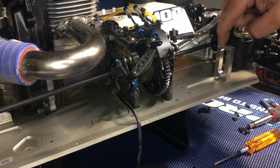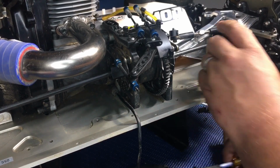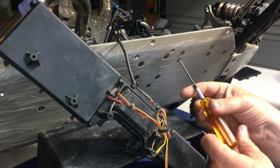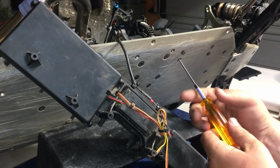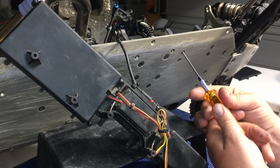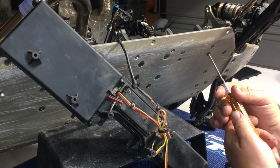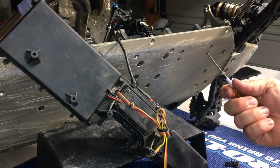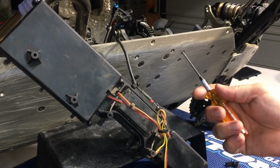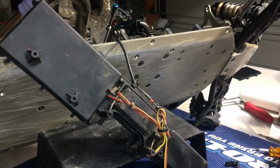Make sure that the top part is facing towards the servo, and go ahead and install the hardware. So now we will tighten up our bolts. You're going to make sure that you put some blue Loctite on them, as you are screwing into metal now instead of plastic. Alright, now that all the hardware is tight on the bottom,